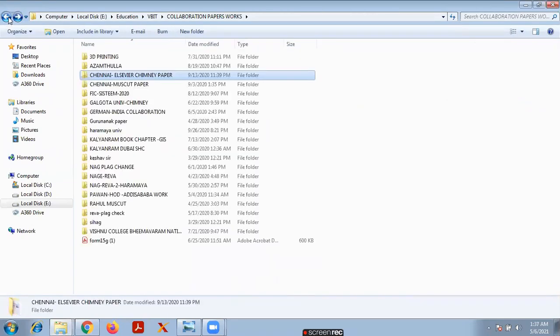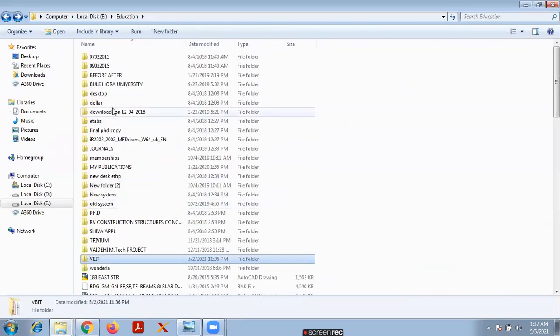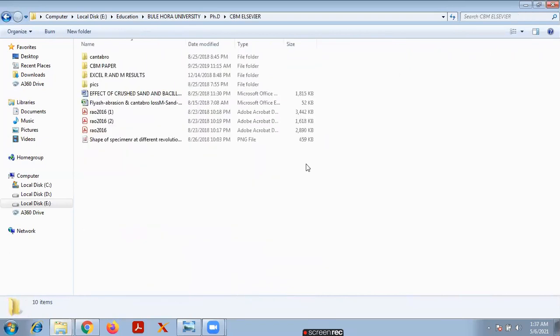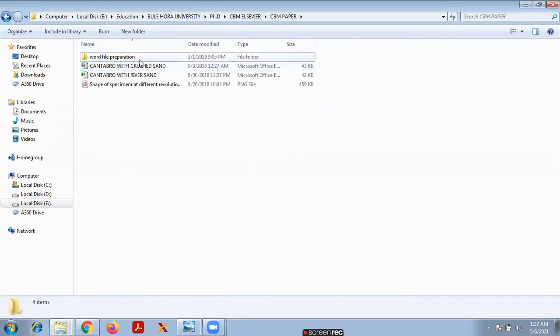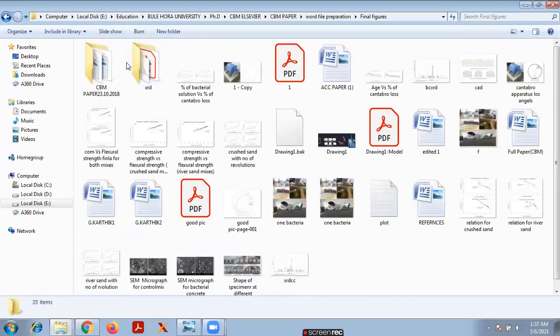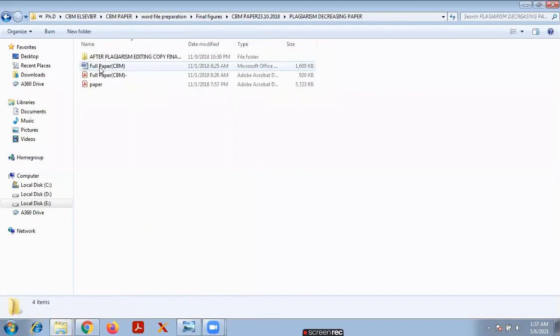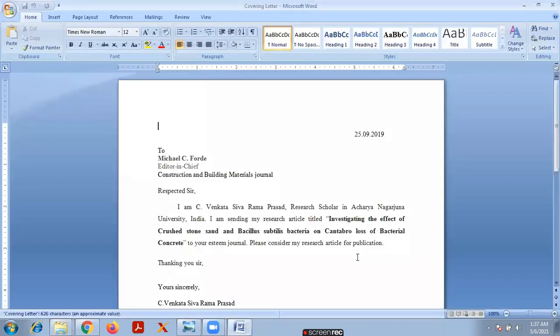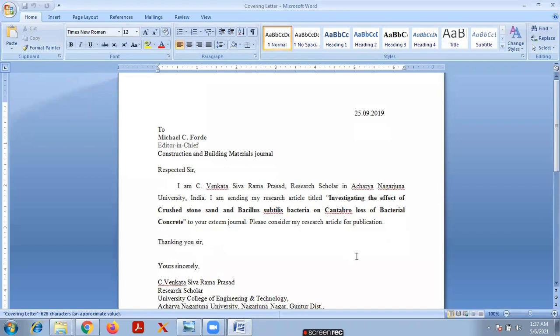The cover letter is related to whatever journal we are going to submit to. Suppose this is the cover letter I am opening now. Yes, here it is. The final paper submission, here it is the cover letter. This is the format for the cover letter to the editor. This is for another journal.